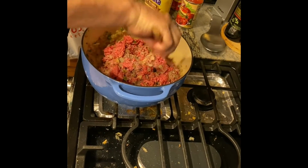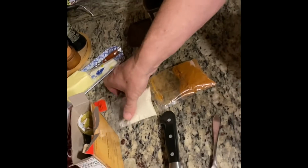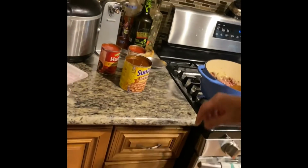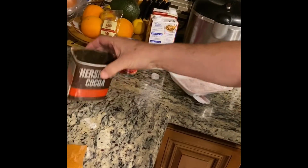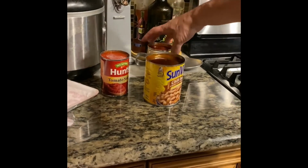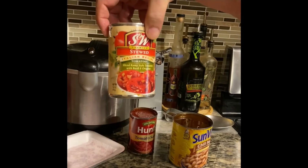and I'm browning the meat now. A little chili packet just adds to the flavor. I've got some masa flour, and that way I can thicken it up a little as I go. Here in a minute or so, I'm going to put a couple tablespoons of some dark Hershey's cocoa powder in. I'm going to throw in at least one 16-ounce can of tomato sauce and some stewed tomatoes, Roma style, with